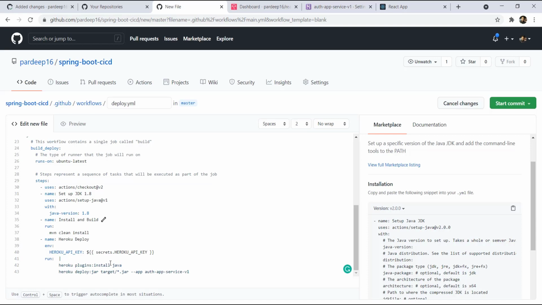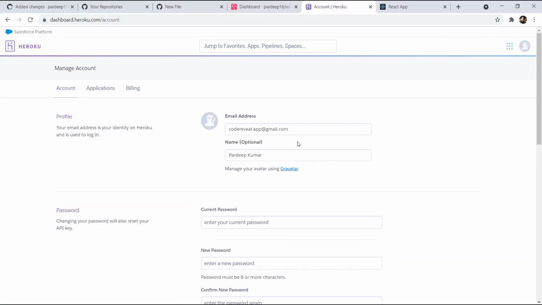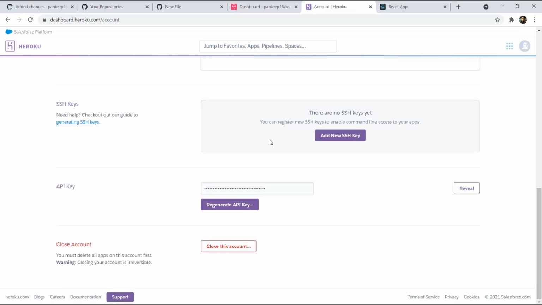To get that Heroku API key, you have to go to your Heroku dashboard page, and go to the settings, account settings, and here you can find this API key. If you don't find this API key, then you can regenerate an API key. Okay, I'm going to copy it.